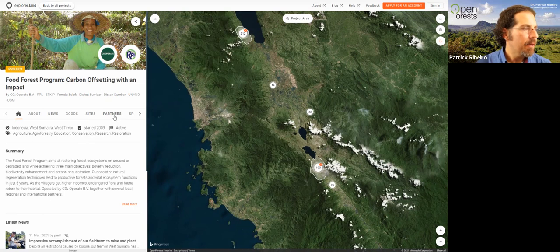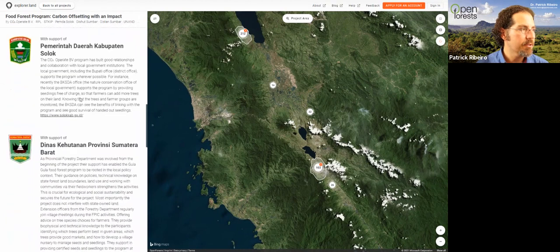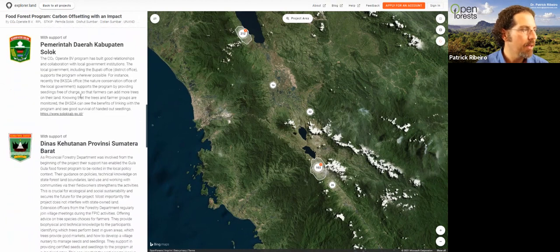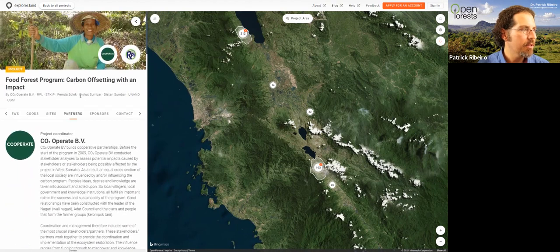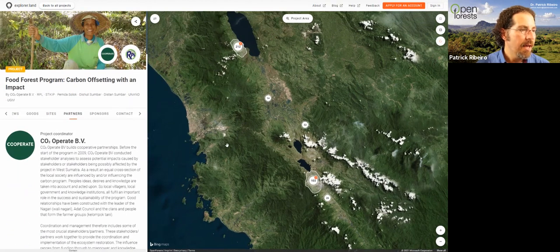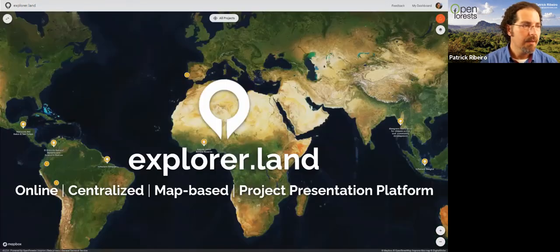So finally, or maybe not finally, but there are different possibilities, there are different things here. So you can list all of your partners. This is just a more formal thing, but quite important if you're working with different organizations within your project. And as I said, talking about how Explorer.land would be useful also in the context of mountain